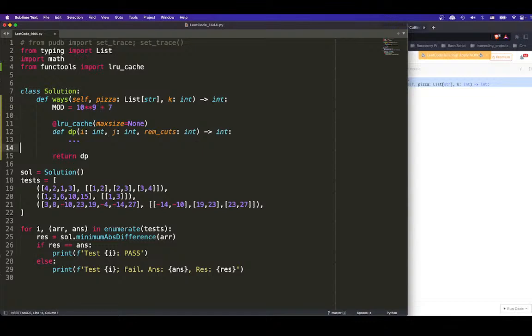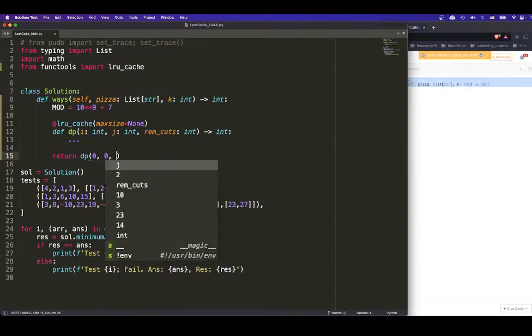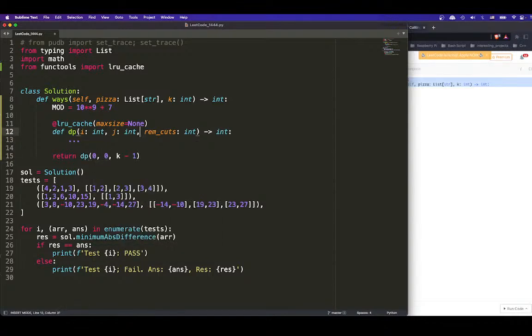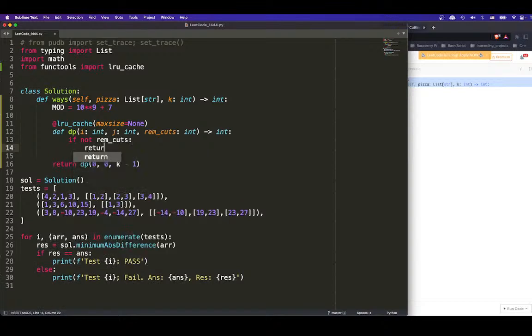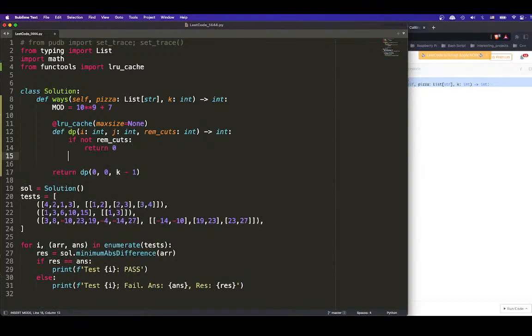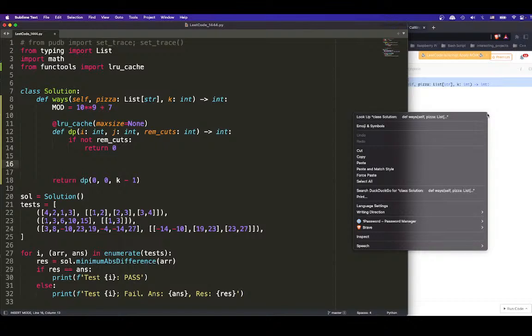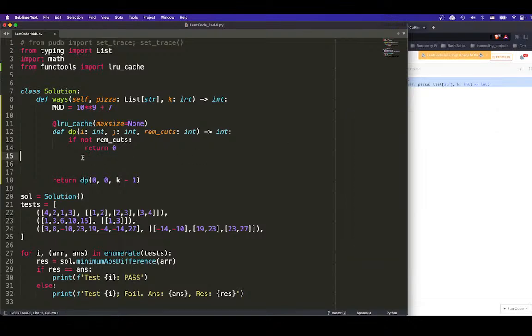Okay. So when I return dp 0, 0 with k minus 1 number of cuts, right? If we don't have any remaining cuts, then return 0, right? If we have remaining cuts, then we need to decide where to cut. And let's say we do vertical cuts first, okay? So for vertical cuts, we